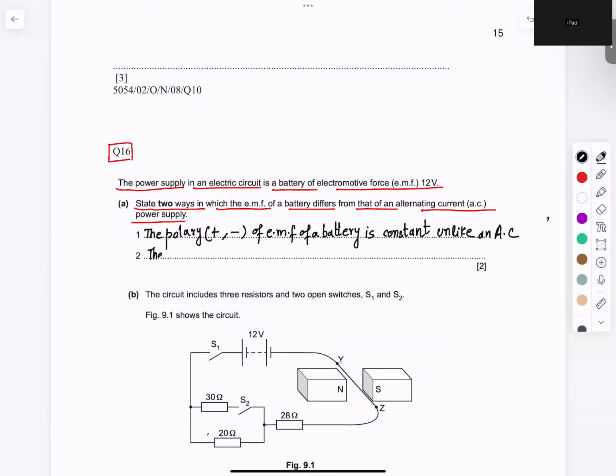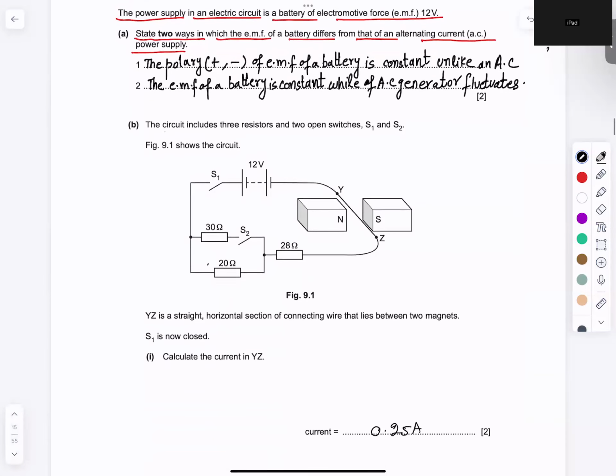Second difference is the EMF of a battery is constant while of an AC generator it fluctuates. Now the next question is